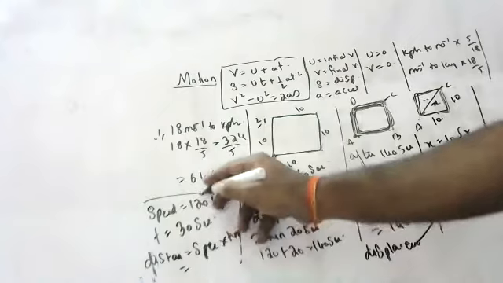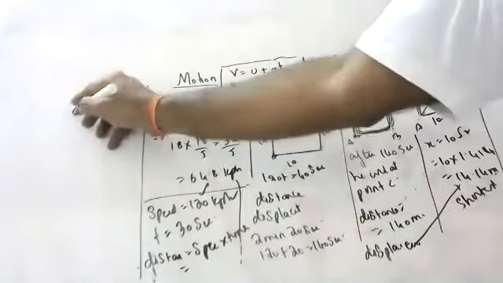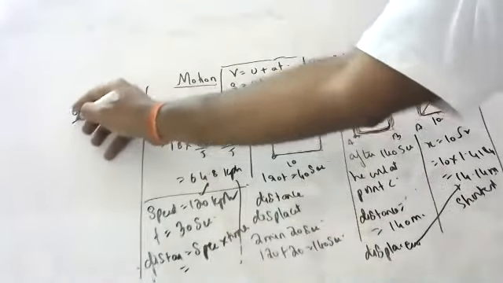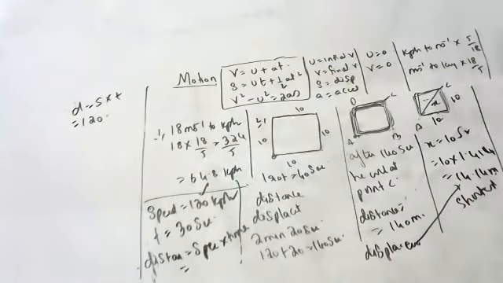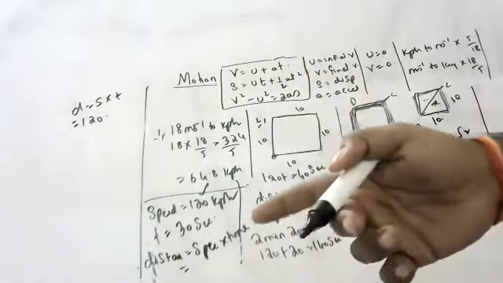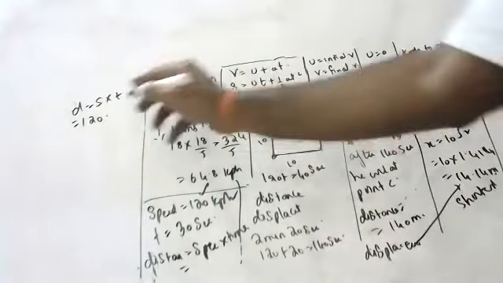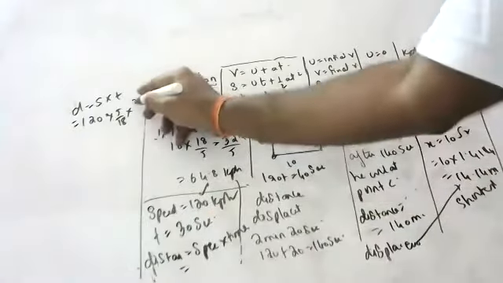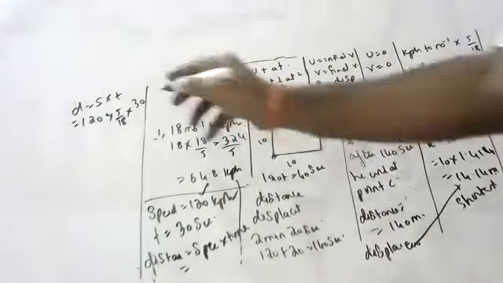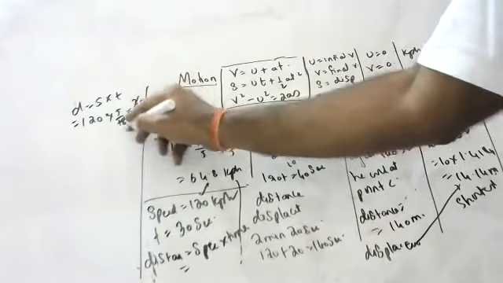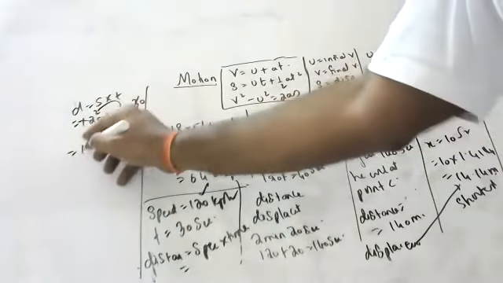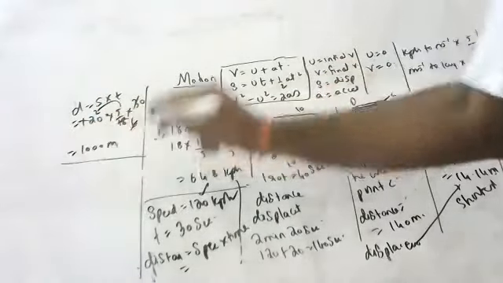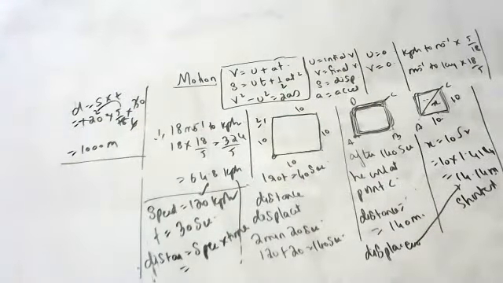How much is the speed, children? 120 kmph. Kmph to meter per second is into 5 by 18. And time is how much, children? 30 seconds. You have to concentrate, children, everyone. 120 into 5 by 18 into 30 gives 1000 meters. It travels 1000 meters, that is 1 kilometer, in 30 seconds.